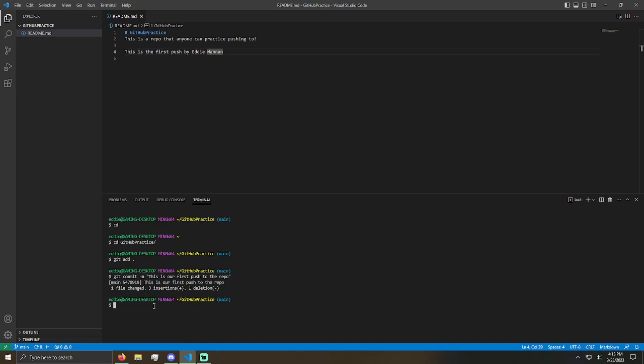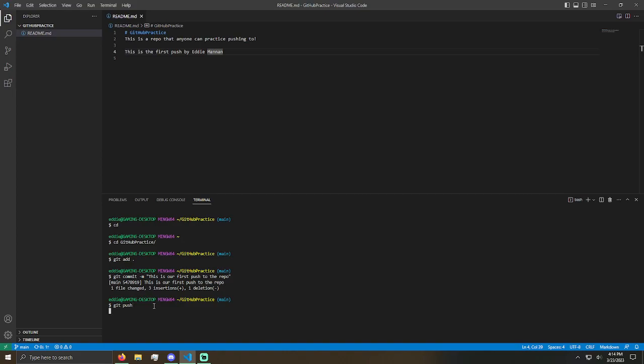And now all we do is we git push. So this will push the changes we made up to GitHub. Again, this is assuming that you have access to the repository, that you have all the proper rights, push privileges, SSH keys, blah, blah, blah. But assuming you've done everything correctly and got everything set up correctly up until this point,